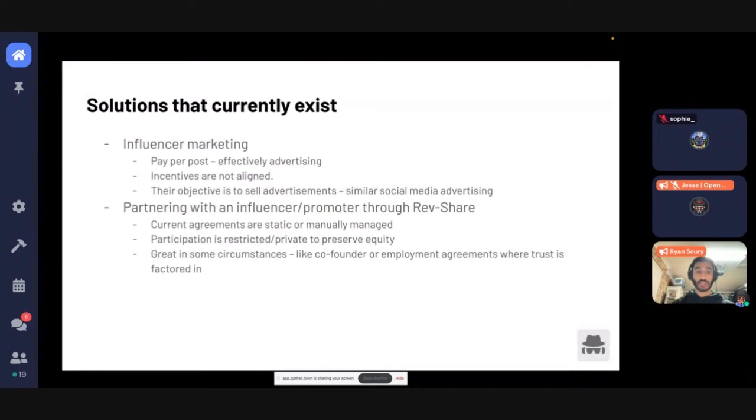So the solution for finding influencers as partners is as such, right? We have influencer marketing, which is pay-per-post effectively, a flat fee where the incentives are not really aligned, right? The influencer's incentive is to get paid for advertising your message and not necessarily for driving growth to your project. And if we take an approach where we partner and rev share with an influencer, which is obviously an opportunity and great in some circumstances, like having a co-founder that's an influencer or an employee,